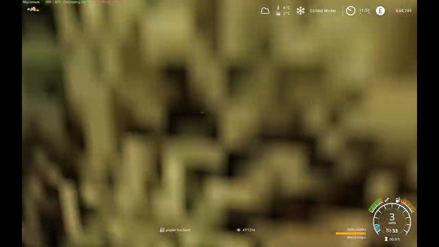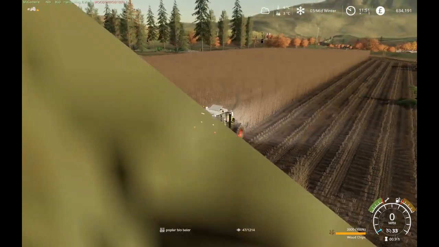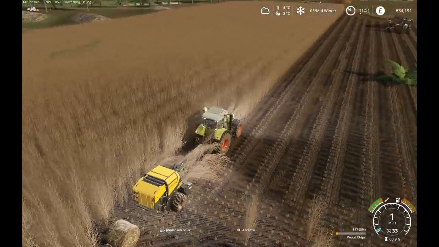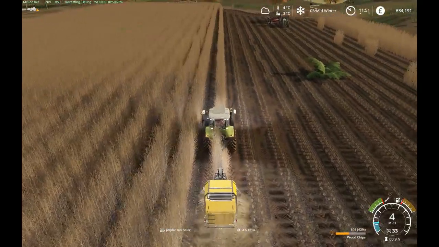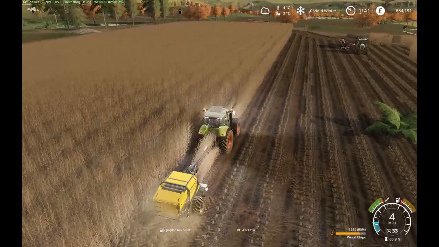We're full already. Wow. Any sort of guesses on how many bales I'm going to get out of this field? I mean, if I really wanted to, I could bring the forage harvester up with a header on it. That would be easy. But